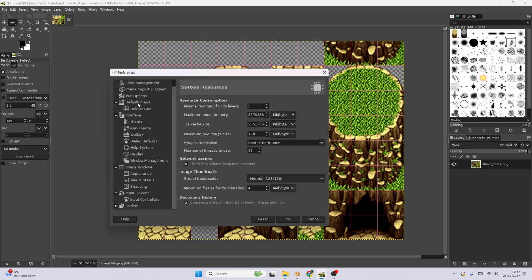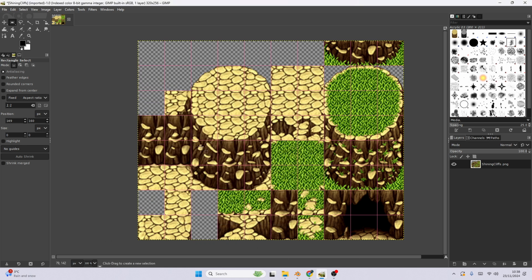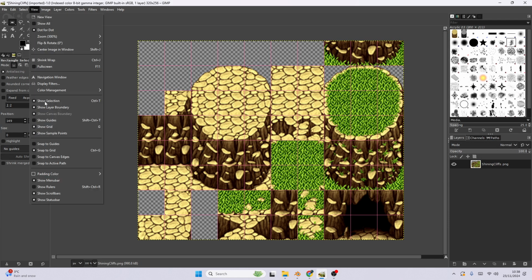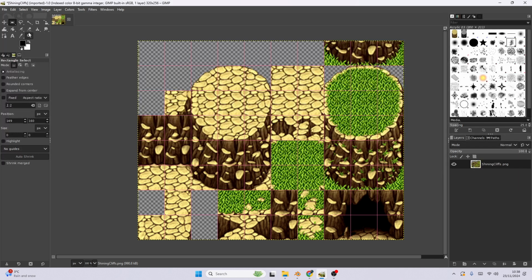Well, I can't find it at this particular time. It's in here somewhere. But I've set it up so that my G key toggles the grid on and off, and if I hit Control G, it turns snapping on and off, which normally would be under View, Snap to Grid, but I've assigned it to Control G,